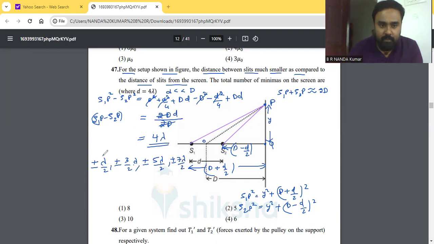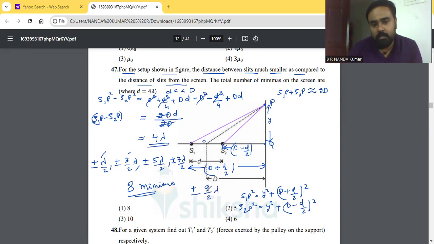So here 2 plus 2 plus 2 plus 2, a total of 8 minima. Next, if we consider plus or minus 9 by 2 lambda,